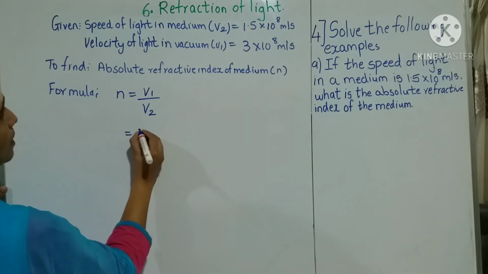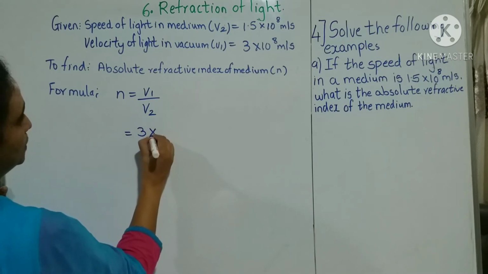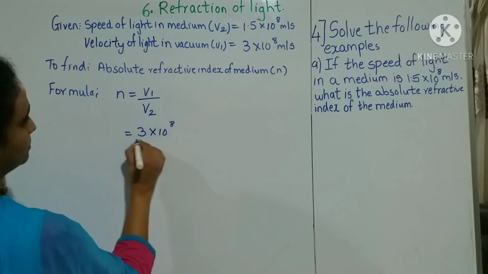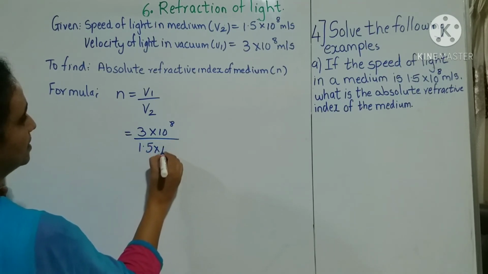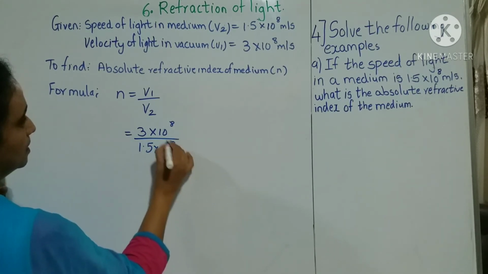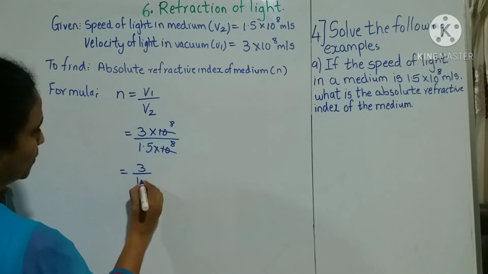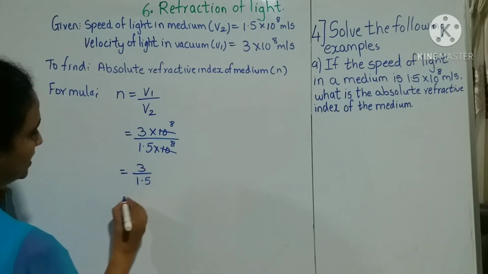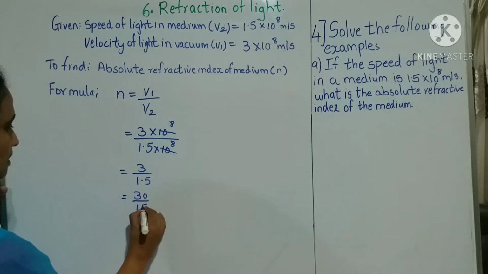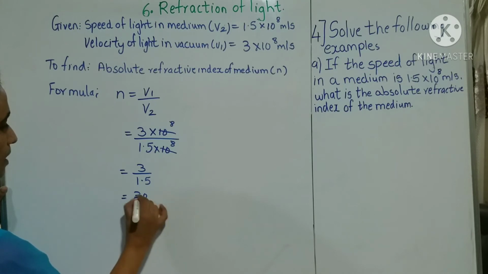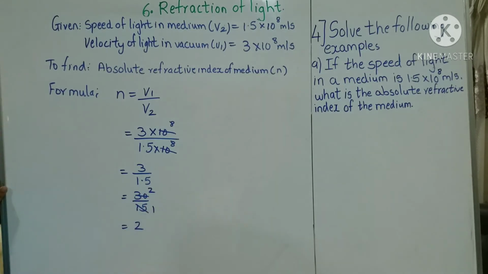So V1 is 3 into 10 raised to 8 upon 1.5 into 10 raised to 8. This will get cancelled. 3 upon 1.5. We'll shift the decimal point. So we get 30 upon 15. 15 ones are 15, twos are 30. So the answer over here, that is the